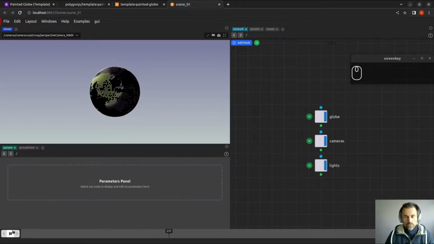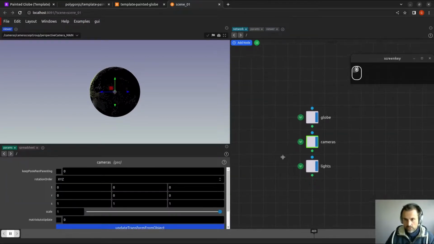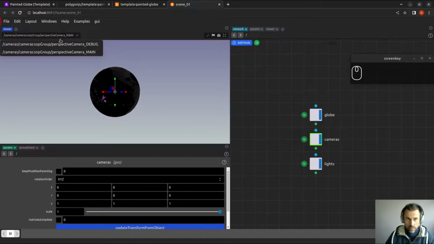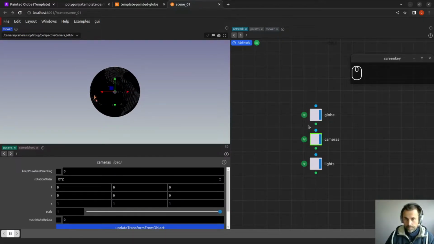So now let's start to understand how the scene is being built. So we only have those 3 nodes on the right, and the globe is probably the main one where we need to go. The camera contains the 2 cameras that we have available here. The main one really is the one we need. We're not going to need to change that, and some lights, which in the case of that scene are not going to be used because there is no lighting. So let's go inside the globe by either double clicking or clicking on that button,